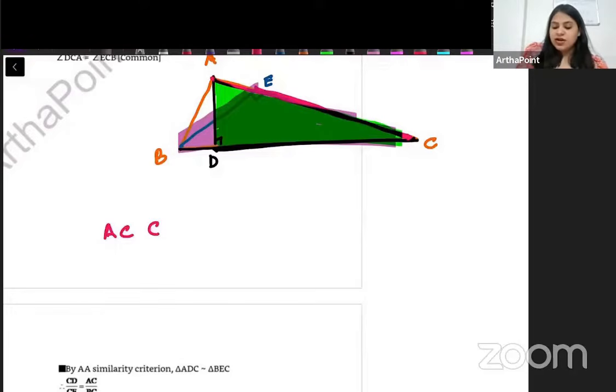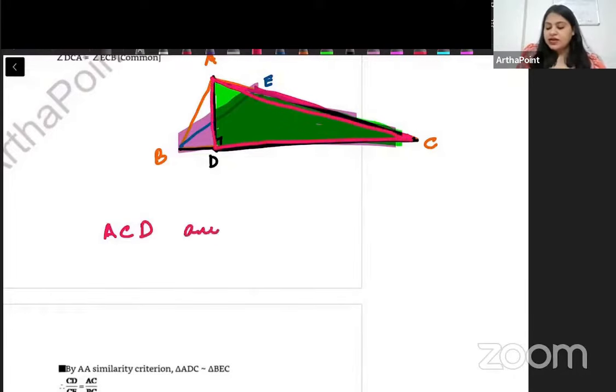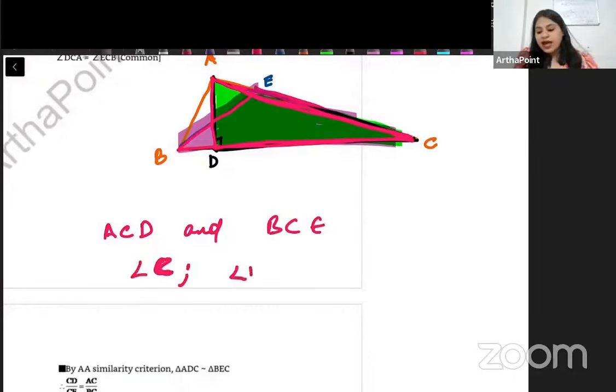Let me just rename it. I am taking triangle ACD, this one, and triangle BCE. So beta, one angle is common, angle C, and the other angle is equal,